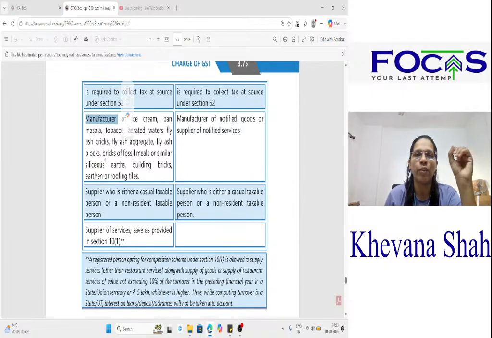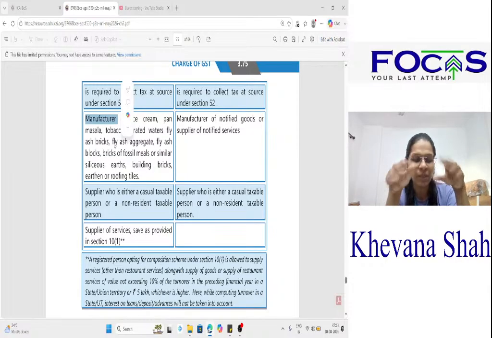So if you are a manufacturer of any of these notified goods, that is ice cream, pan masala, tobacco, aerated waters, fly ash bricks, fossil blocks, then similar siliceous earth, building bricks, earthen or roofing tiles. In case you are in manufacture of any of these notified goods, then also you are ineligible to opt for